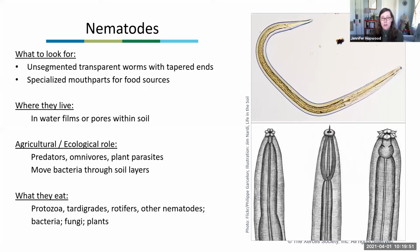The nematodes in the middle, those that are plant feeders, some of those can be economically damaging. Nematodes, as they move through soil pores, can help to spread bacteria through soil layers, which can be beneficial for decomposition. And like tardigrades, they can also enter the state of cryptobiosis,